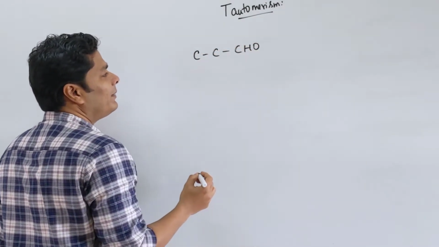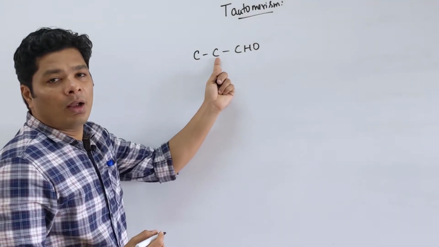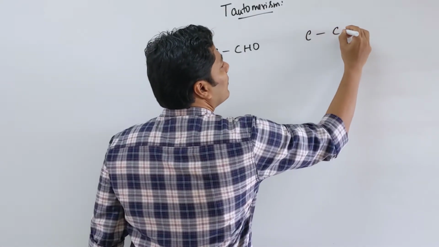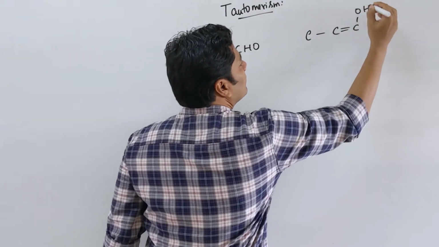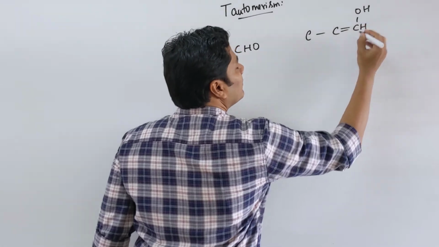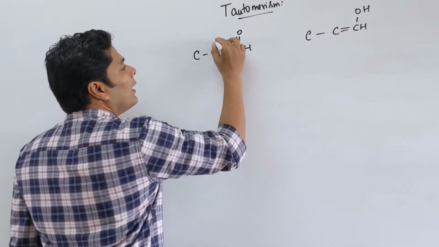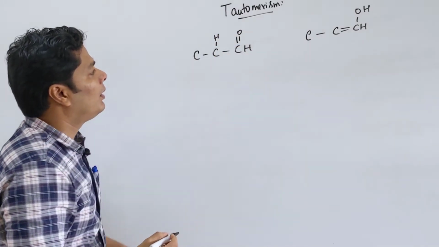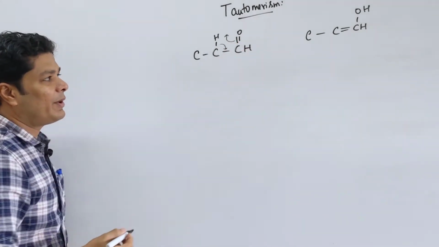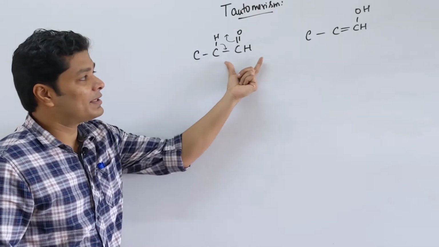Let's say we have an aldehyde. So tautomerism basically is the shift of alpha hydrogen between an aldehyde and the corresponding enol. So how this has worked out is, it's better if you write it this way, C double bond O, a hydrogen here. This bond has come here, this bond has gone there. I have done tautomerism separately, so I don't want to go in detail, but just looking at these two, I can see that they are the same.